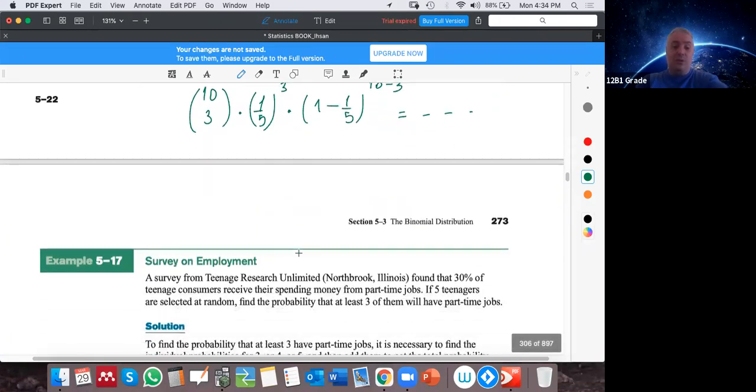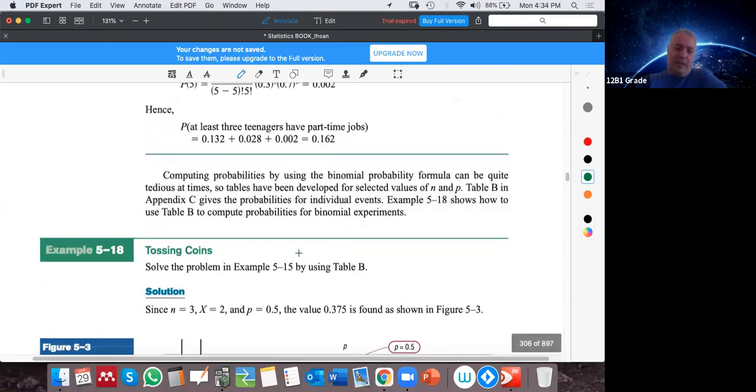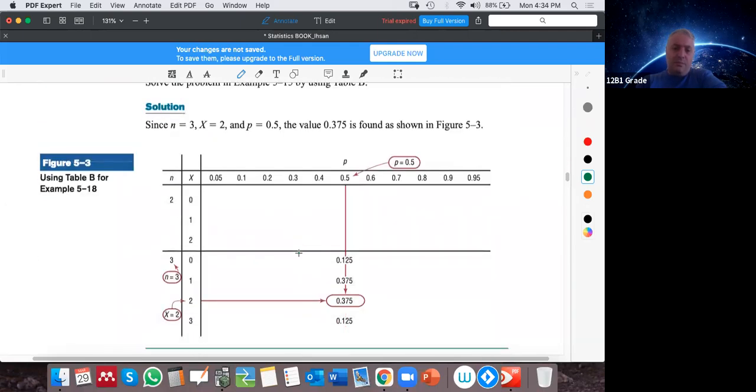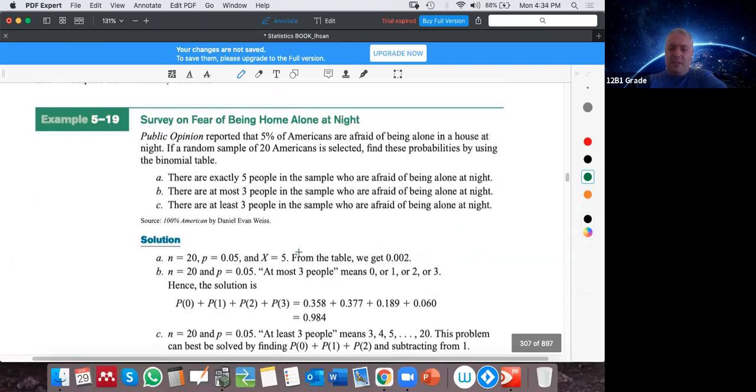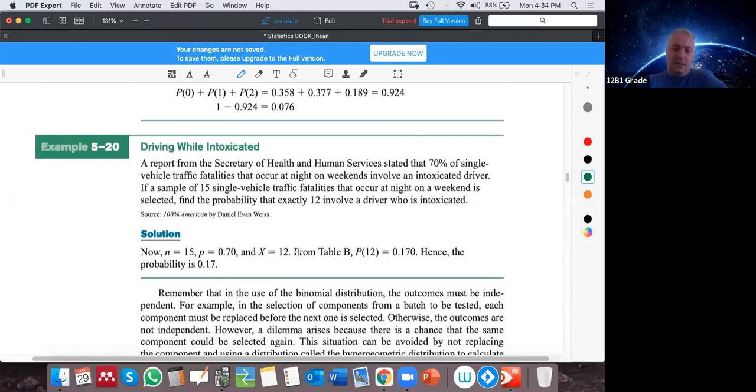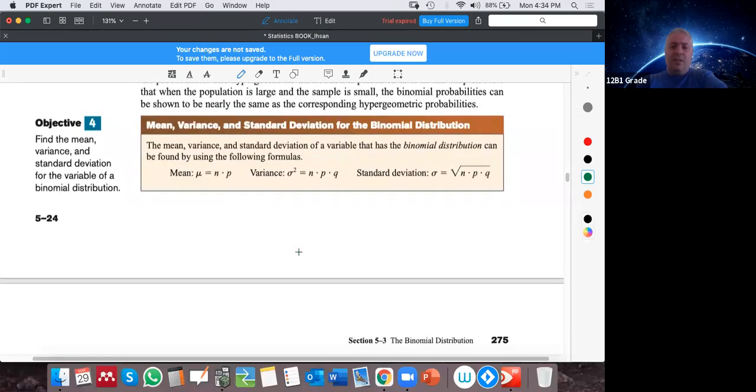No, good. Now we can pass this. It says you can use the table, we can pass this. Similar things. Now,